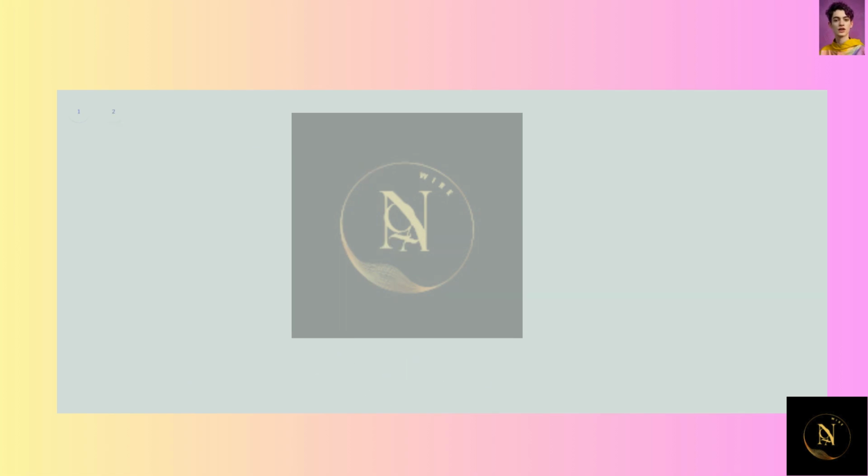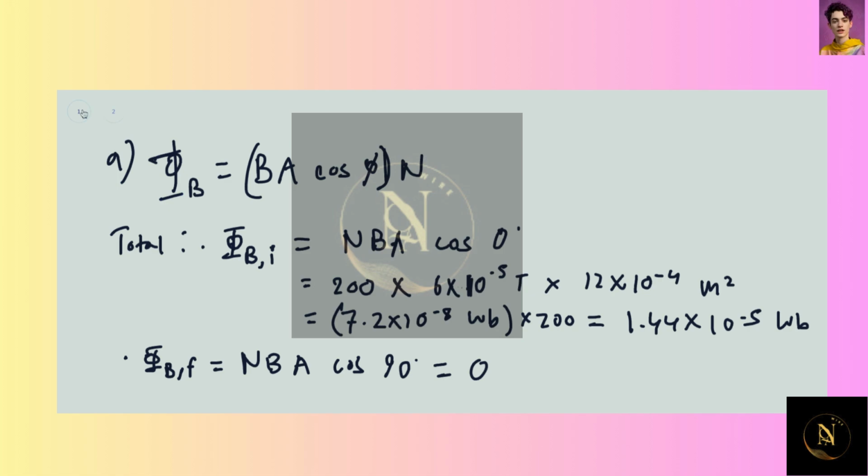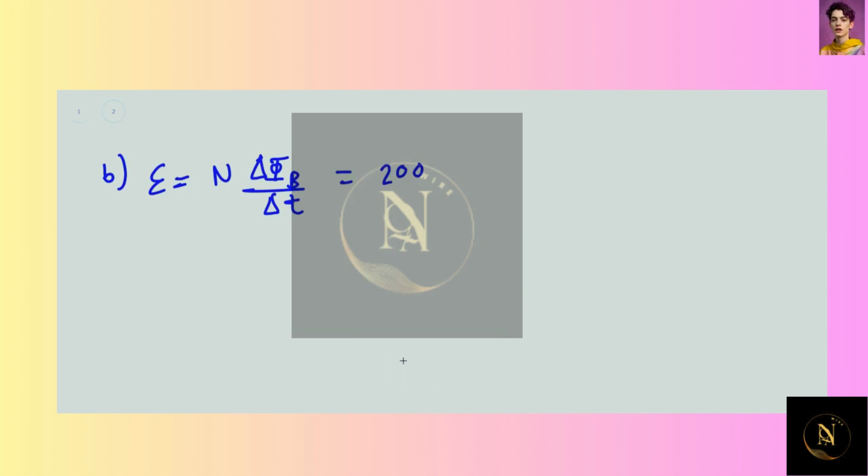All right, and in part B, we use the law of electromagnetic induction, which is that the EMF induced is equal to number of turns times the rate of change of magnetic flux. So change of flux over change in time. So this is 200. So this is basically this minus that. And so I can write this down as